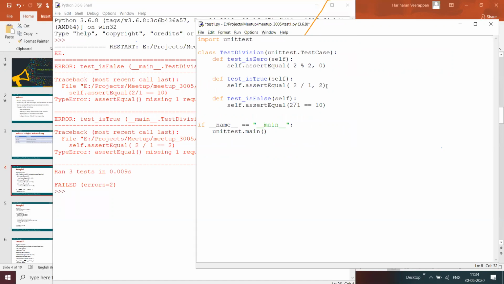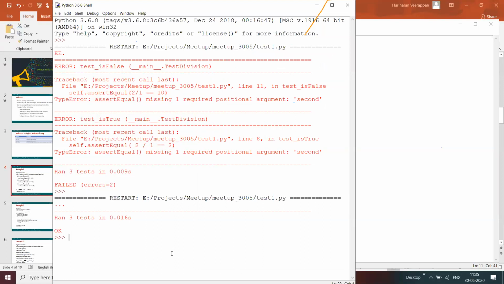We can fix that, whether it is true or false, so that we will see. Yeah, we ran 3 test cases now, all are okay.